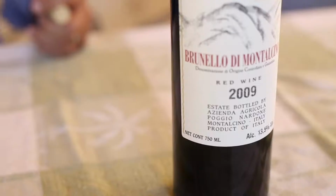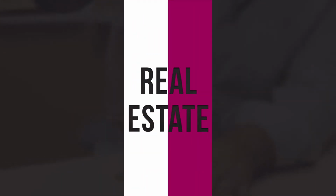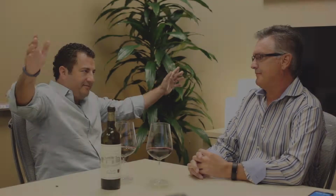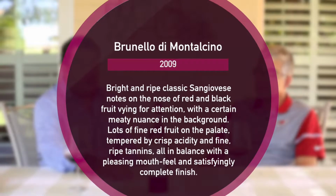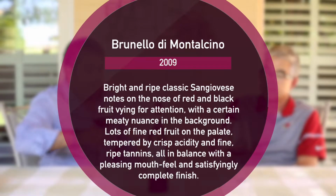Today we're going to drink some wine and talk about real estate. So today we're drinking a 2009 Brunello di Montalcino, one of my favorite wine regions in Italy. I know it's not your favorite, you prefer the Montepulcianos, but it's the Sangiovese grape. I've never tried this bottle. I actually just bought it about an hour before we got here, so we're going to give it a sniff and maybe give it a taste and see how, oh